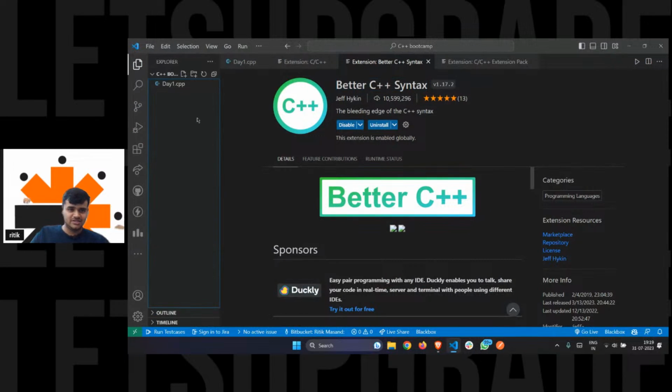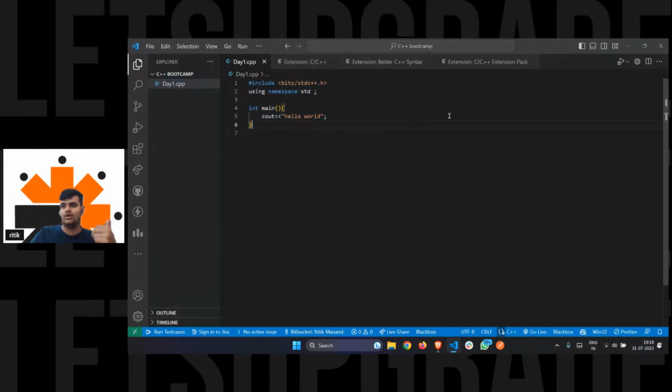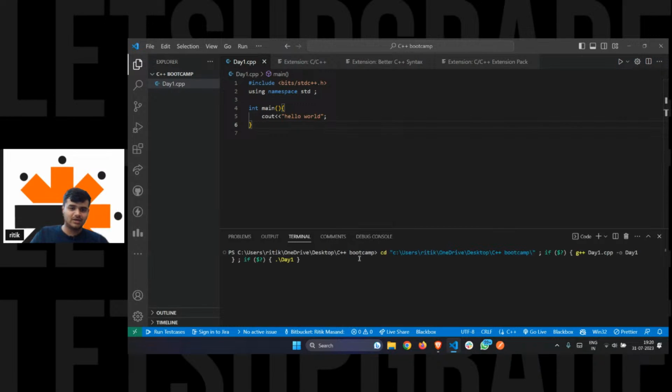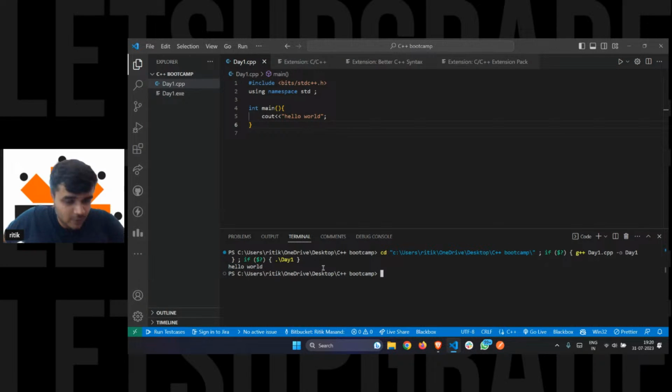After downloading those extensions, this is your code, and you will see an option here. This triangle option, it will say debug, and it has some options as well. Click on this arrow icon, click on this drop down button, and you have an option here to run the code. Just click on run code, and as soon as you click on it, you will have an output display. Now here it says hello world. Congratulations, you have successfully written your first program in C++, and that is hello world.